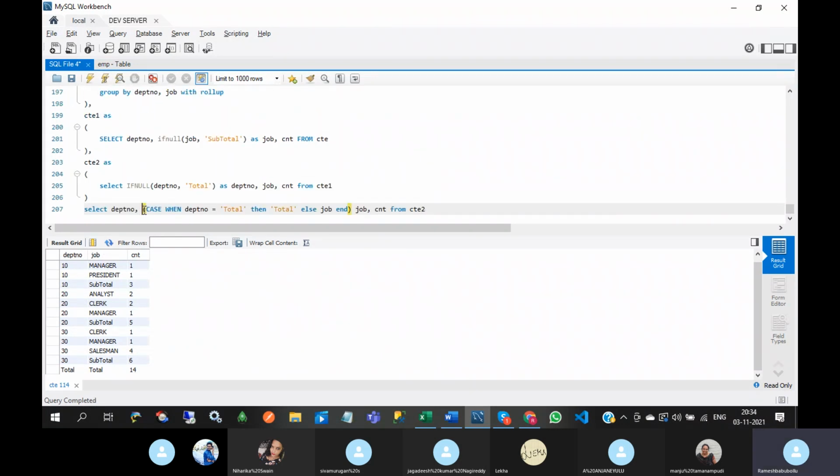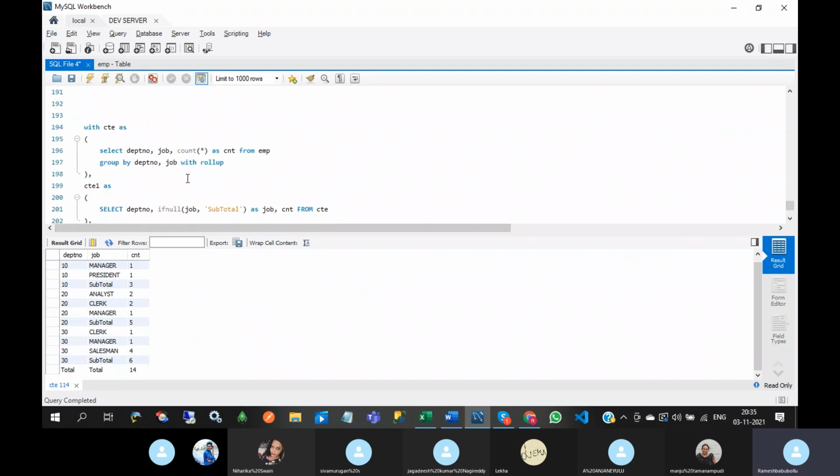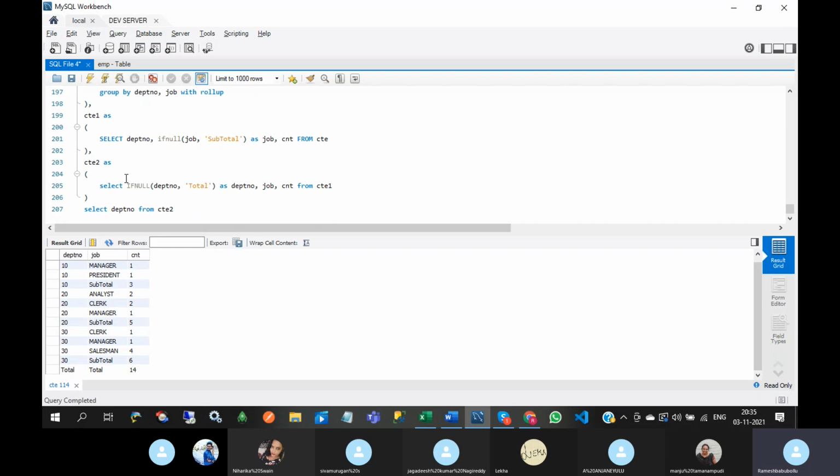In this CTE, I am taking only one column, department number, and here I am going to write update CTE and set count equal to 0 where DEPT number in brackets, and close this bracket.